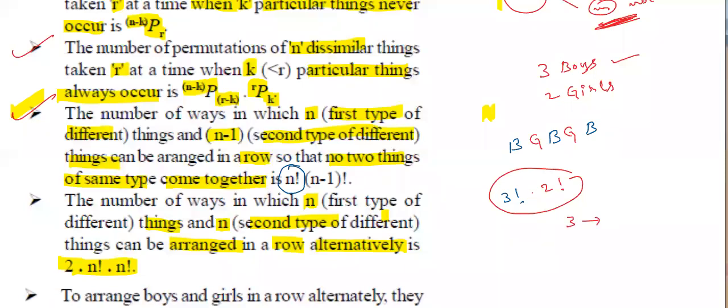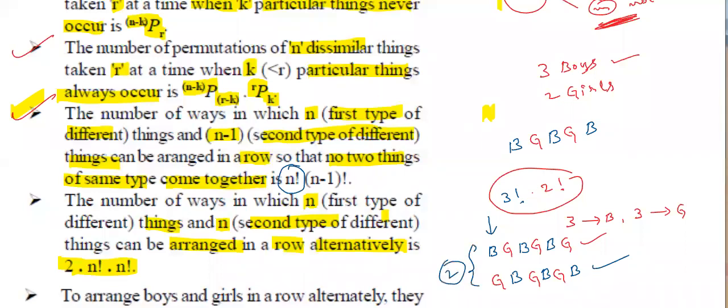Here I am taking 3 boys and 3 girls. How to arrange them? Now, first I am going to arrange the boys. 1, 2, 3. So, this is the first place. Second place should be girl. 1, 2, 3. It is possible or not? This is one case. Suppose girls are filled first. The first place should be girl. Then automatically second place should be boy. 1, 2, 3. How many cases are possible here?